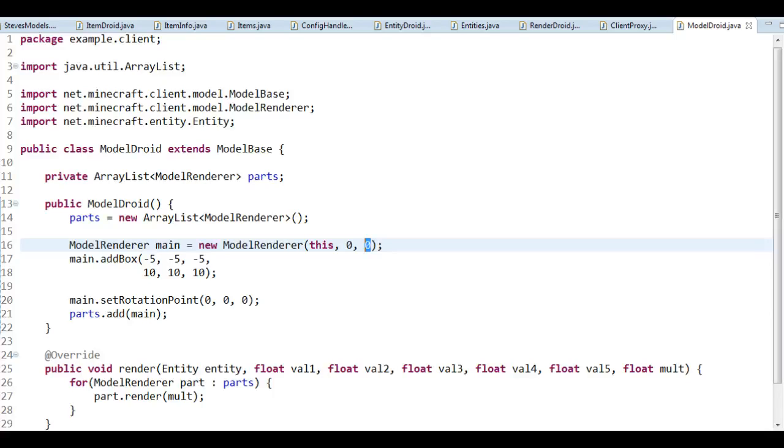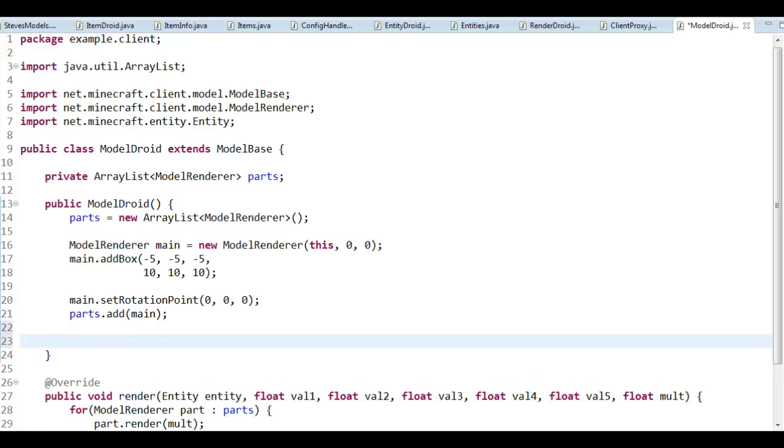Right, so what we want to do now is add something more, because obviously just a single box is, well, a bit dull. So what I'm going to do is add a model renderer pillars there, new model renderer, this, and then 0 and 20. Okay, so if I have 20 here, right, what does that mean? Well, that's the source y,